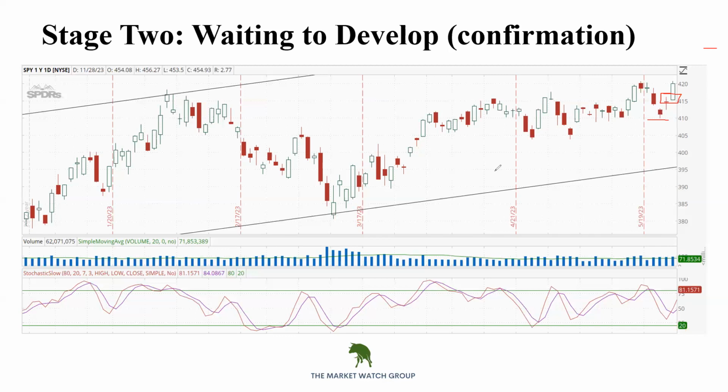Sorry for the basic question. What does solid red mean versus a non-filled one? Not a basic question at all. Candlestick construction. A white body means that the open was at the low of the body, the close at the high. White bodies or the unfilled are bullish candles. Whereas when it's filled in, it flips. It means that the open is at the top of the body and the close is at the bottom, which means red candles are negative days. They're downward days. So upward progression versus downward progression. Remember that in technical analysis in this course, we do talk a little bit about candlestick construction. Great thing to go look at.